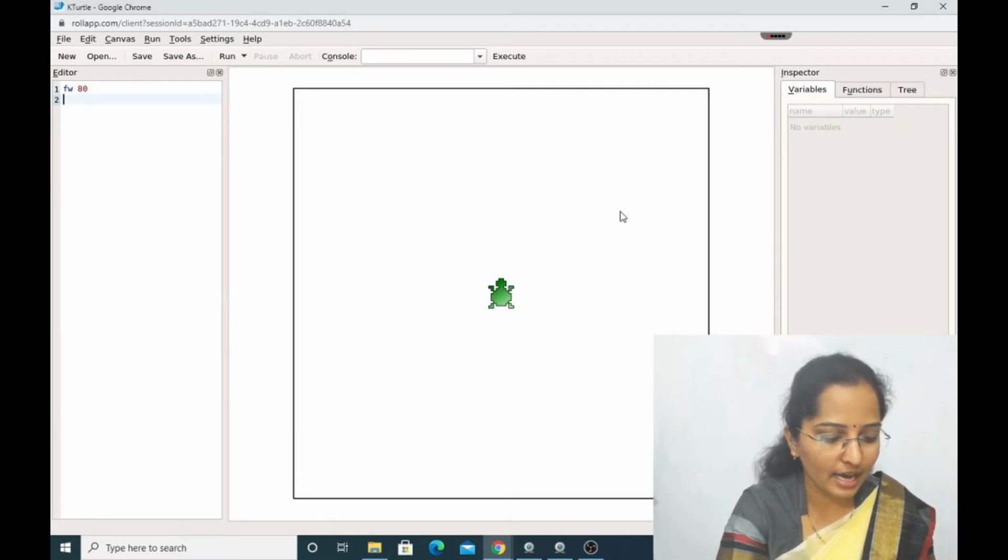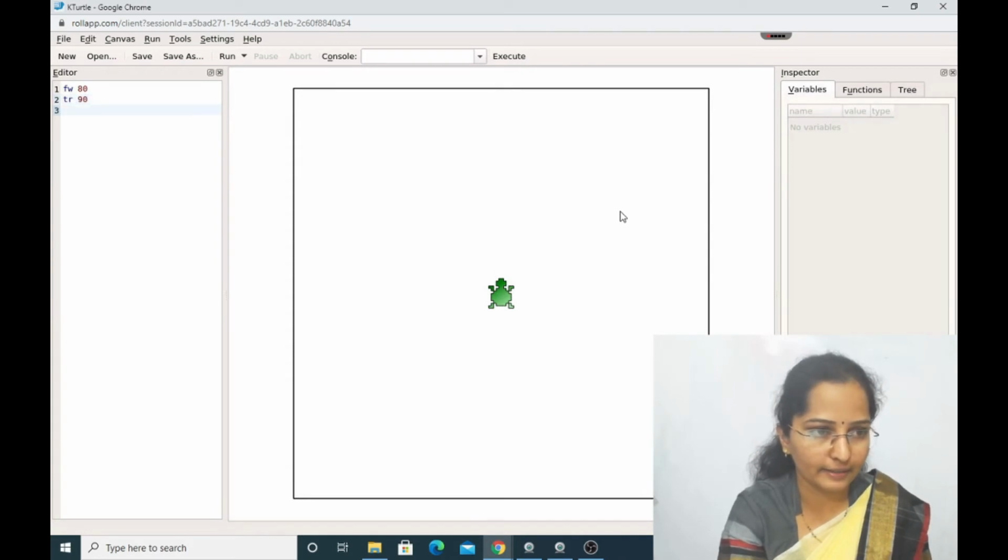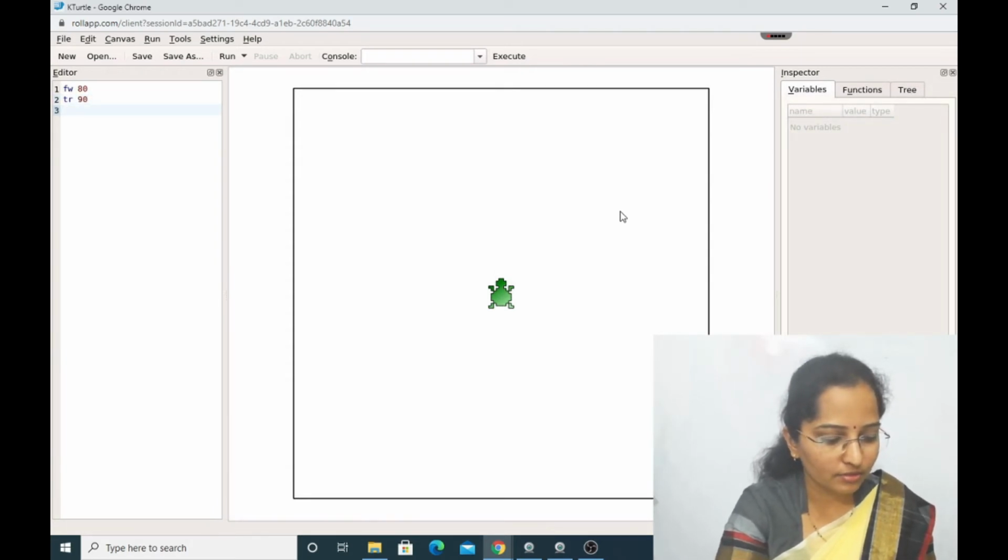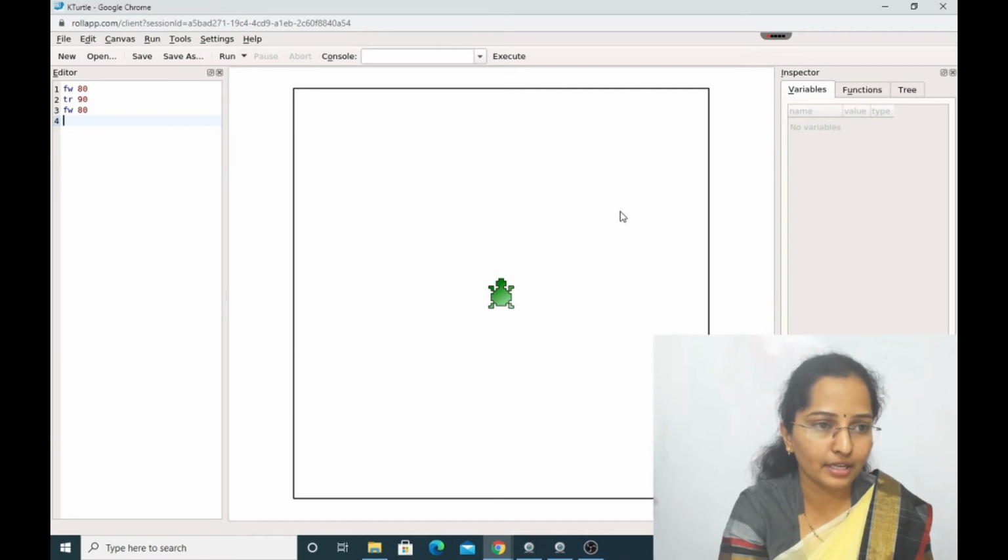Second one, TR means turn right. 90. Again enter. Now FW again 80. Same commands repeated, 4 times they have repeated. Please observe, the commands have been entered 4 times repeatedly in the repeat command.